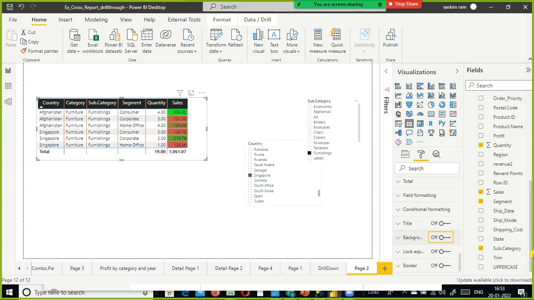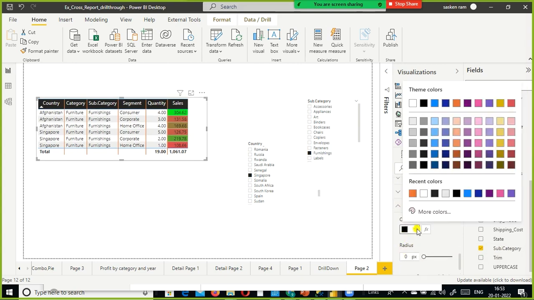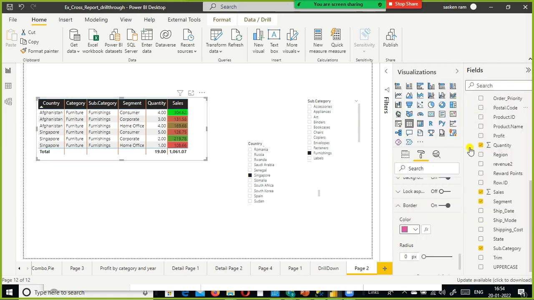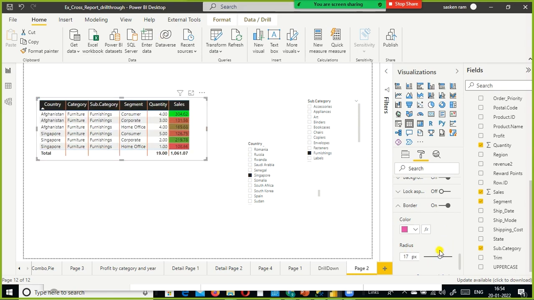See, for the border for this table, okay, I click on this one slightly, because the border color, sorry, background color, right, background on. Okay, this is the border. If I enable this one, it gives me border, and border also you can specify different colors. Since it's a black color, it is not visible. I'm going to give something like this. See the border color. Okay, and radius, if you enable the radius or something like that,